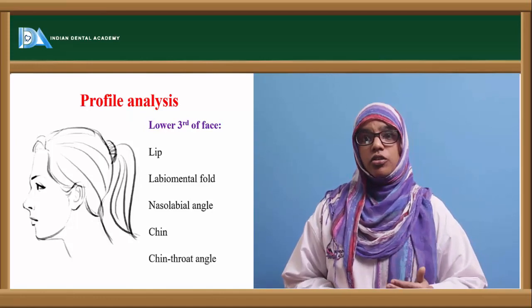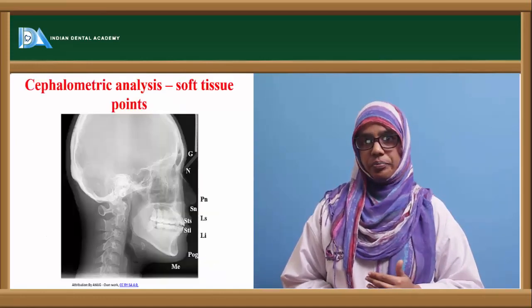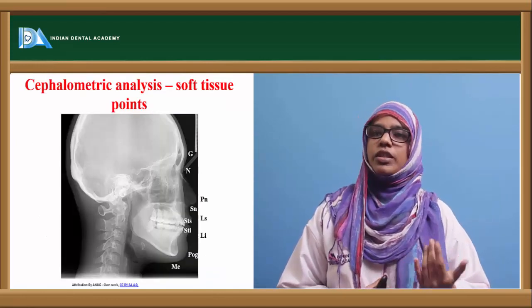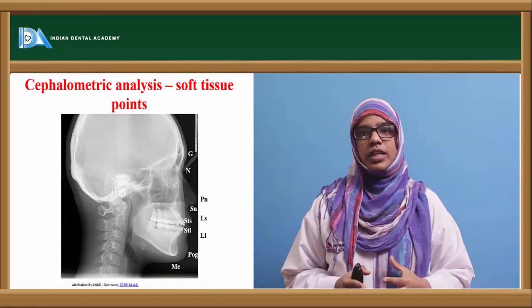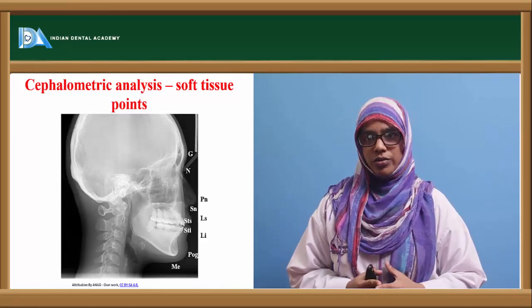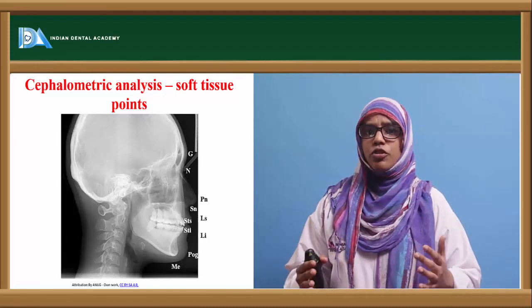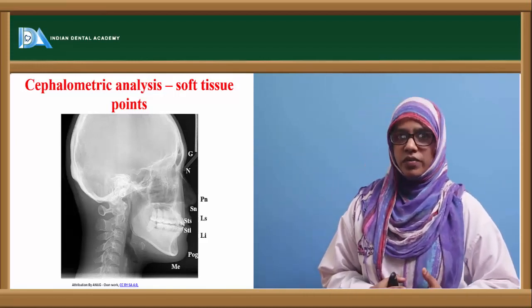Now here the chin throat angle is also decreased. Now let's move on to the cephalometric analysis. In cephalometric analysis, we do analysis of both soft tissue and hard tissue. So there are certain points and planes that you need to keep in mind when you are talking about cephalometric